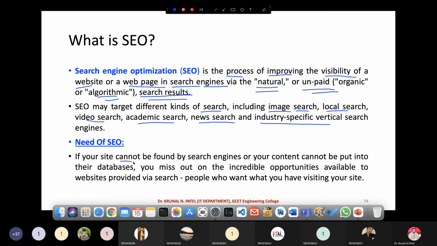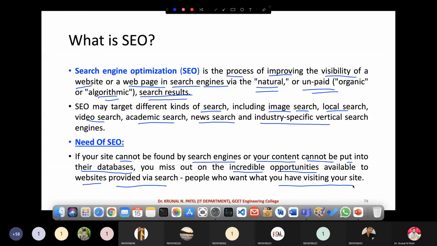If your site cannot be found by search engines, or your content cannot be put into their databases, you miss out on incredible opportunities available to a website via search, with people who want what you have visiting your website. Though your content is wonderful, people are not noticing it. If you want people to notice your content, you need to go for SEO.